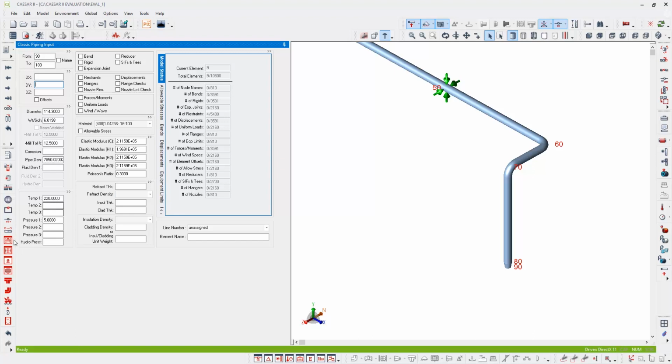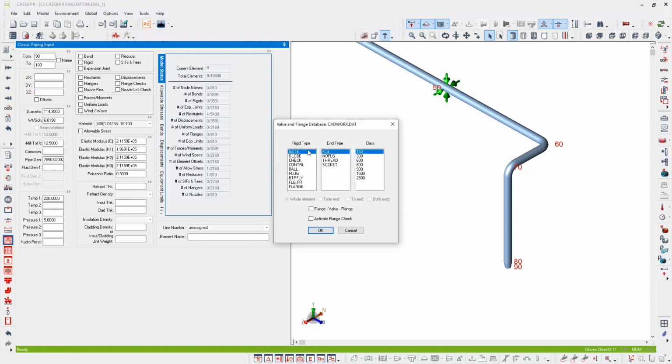So I'm going to choose to look up the flange properties from the database. So I'm going to go to this red button over here on the left hand side to access the valve and flange database. And here I'm going to look up a flange. So we've got the ANSI flange database active. There is available a EN-DIN flange database also. For this example, even though I'm using the European standard, I'm going to stick with the ANSI flange database, and